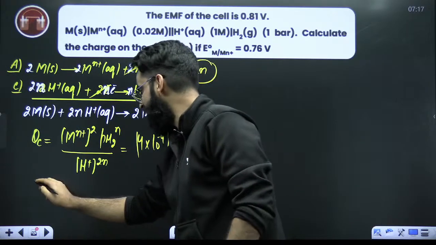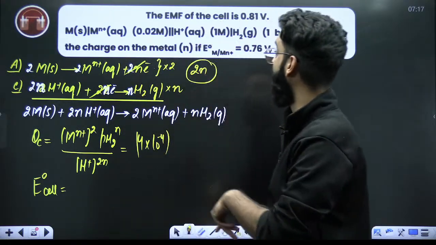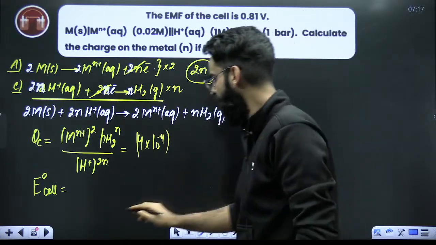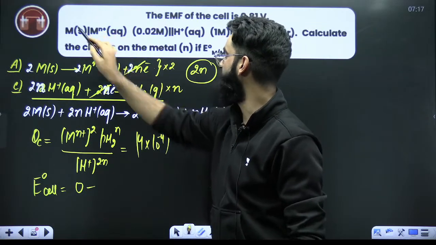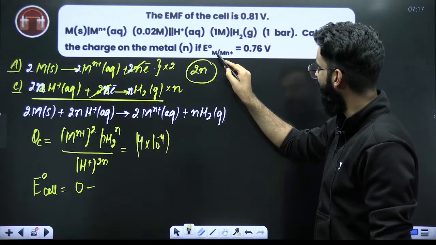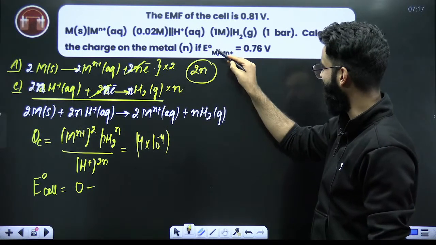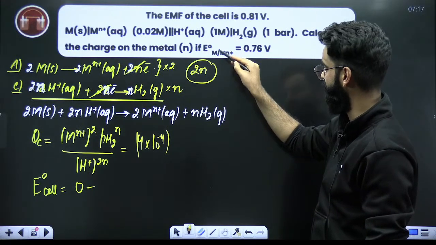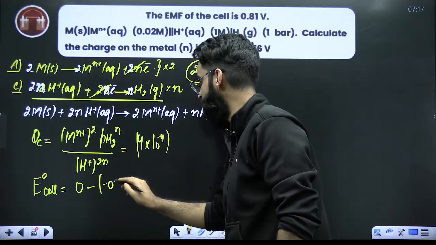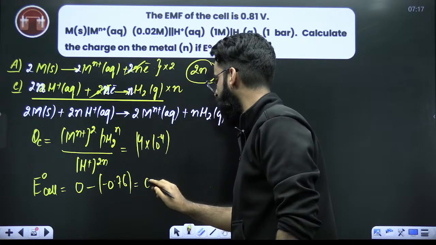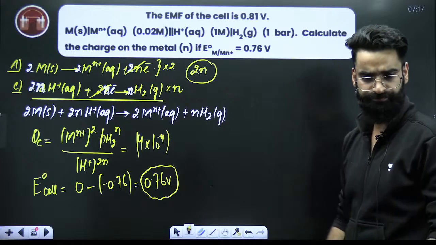Okay. Now as per the question, let's try to calculate E naught cell. E naught cell is E naught of cathode, which is your hydrogen electrode, its SRP is 0, minus SRP of anode. SRP of this particular electrode: M gives Mn positive, so 0 to plus n. Increase in the oxidation state means oxidation, so this is SOP. But what do I need? I need SRP. So this is minus 0.76. So this value is equal to 0.76 volts. So this is your E naught cell as well.